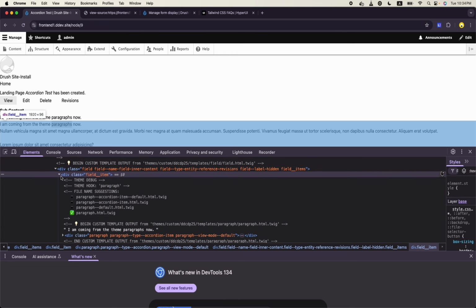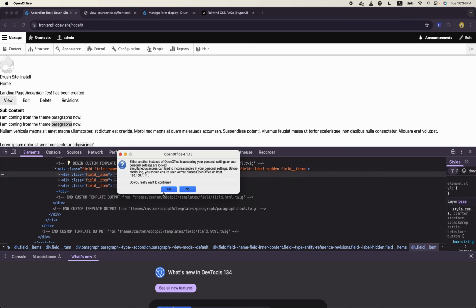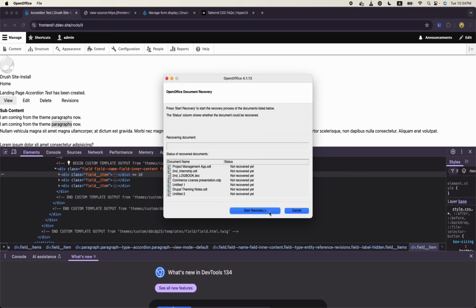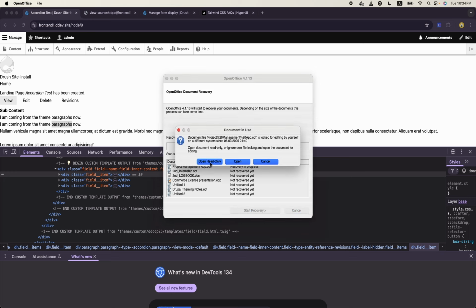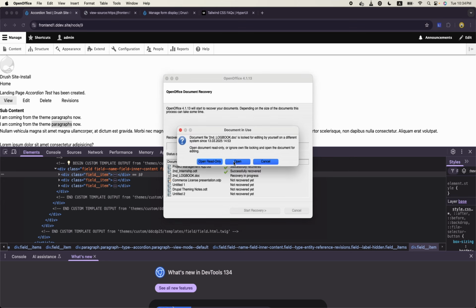Item. So let me draw this diagram first, so that all these skills are